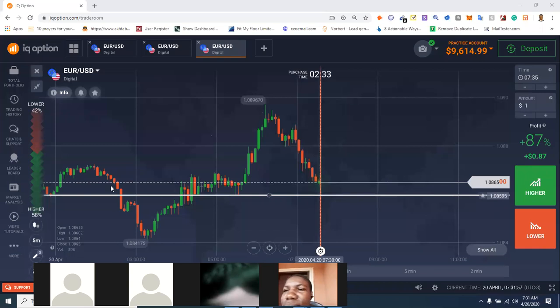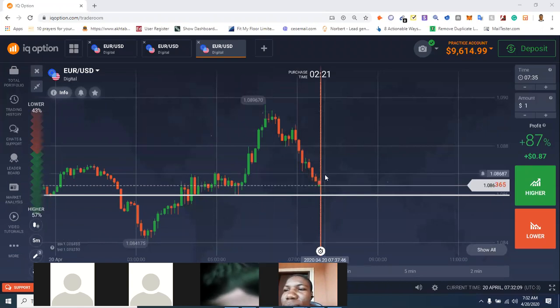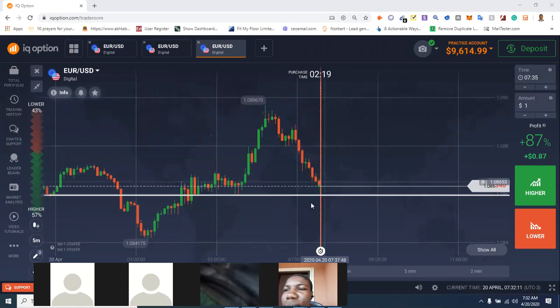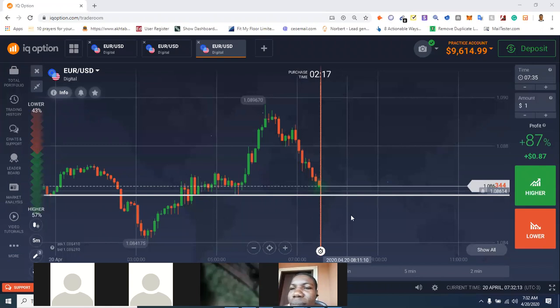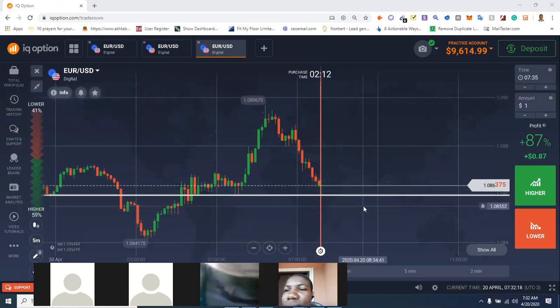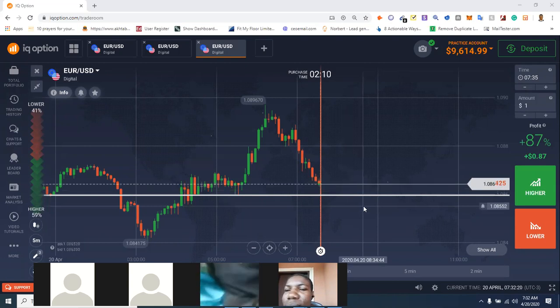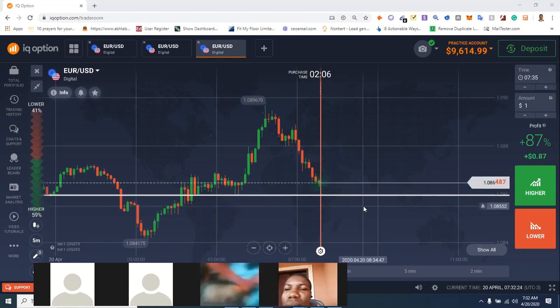You can see what it did here before going up. It wanted to come back down here, but buyers said no, we want to take over this market. So buyers took over, but sellers came in again. It's going to come and cross this support. I have that feeling, the belief that it's going to go like that. So once you are trading and you're able to spot your support and resistance, it will help you know which trade to go in for or not. If the call was a sell, we would have won our trade on the first signal.